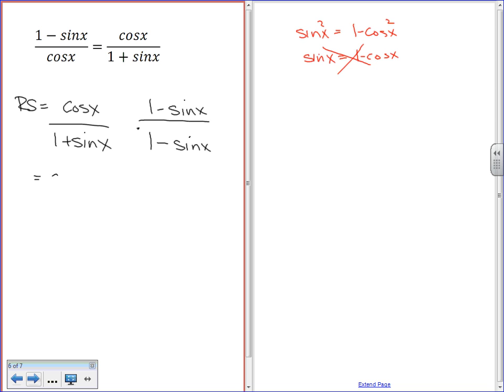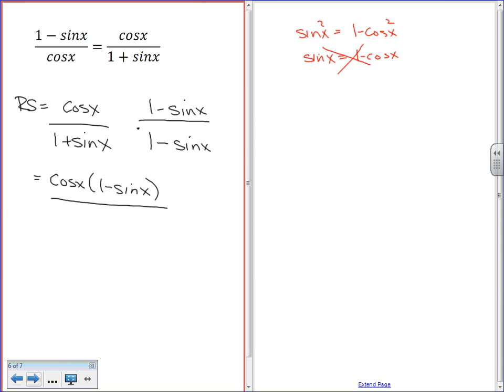So I'm going to multiply the top. I'm just going to put them beside each other and you'll see why in a second. Just save yourself a step. And you should do this whenever you multiply by the conjugate. So this times that. And on the bottom, the reason that you have the subtraction is so that middle terms